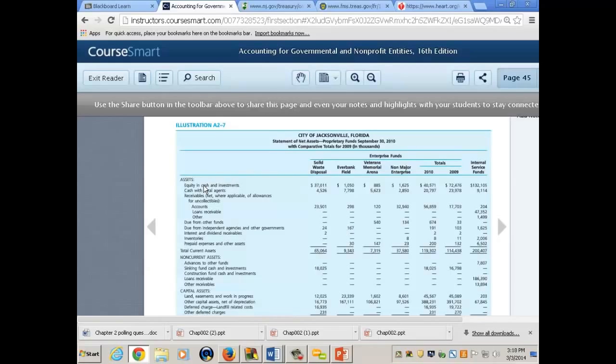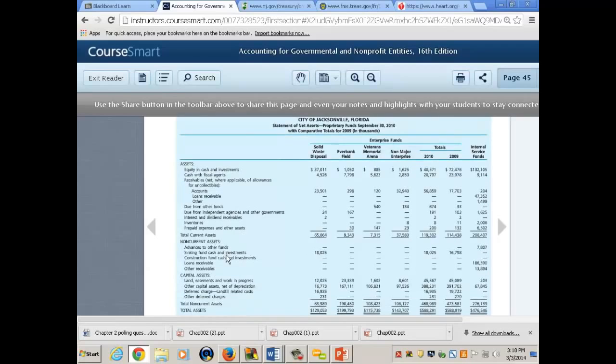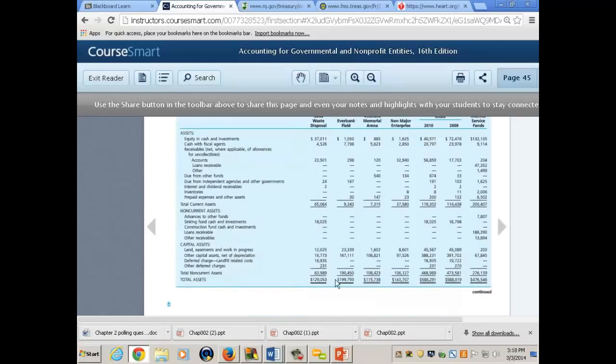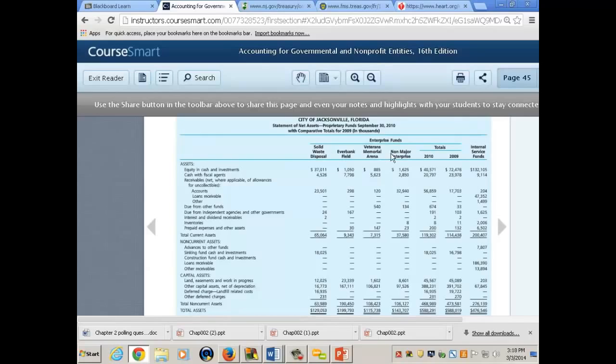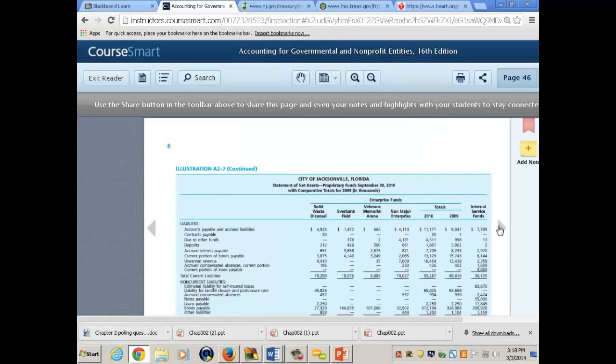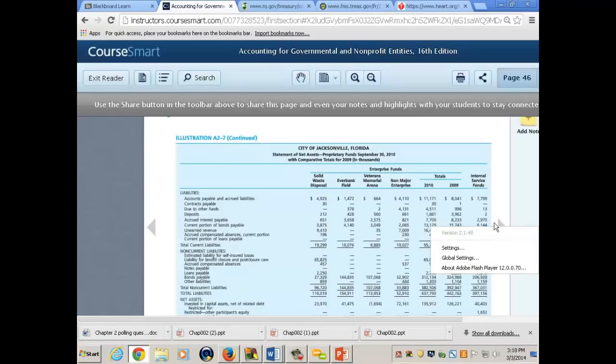And again, assets, you have capital assets, you have net assets which are shown across major enterprise funds and internal service funds. Enterprise funds, customers are outside, internal are inside. Notice we don't mix them. We don't put these two together in the total. We keep internal separate from the enterprise funds. Just like the balance sheet,